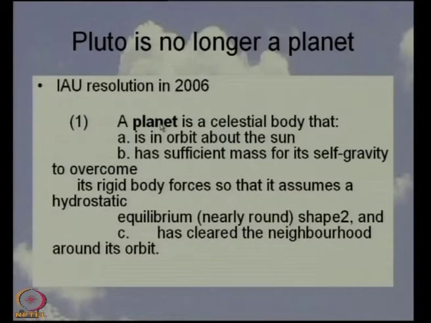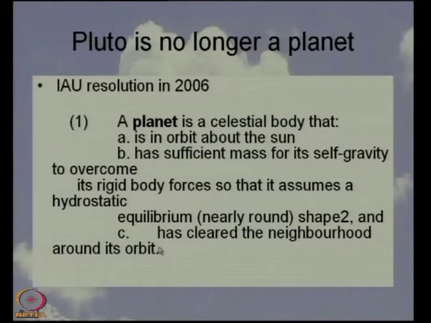It defined what is a planet. A planet is a celestial body that A, is in orbit about the Sun, B, has sufficient mass for its self gravity to overcome the rigid body forces, so that it assumes a hydrostatic equilibrium, nearly spherical shape,